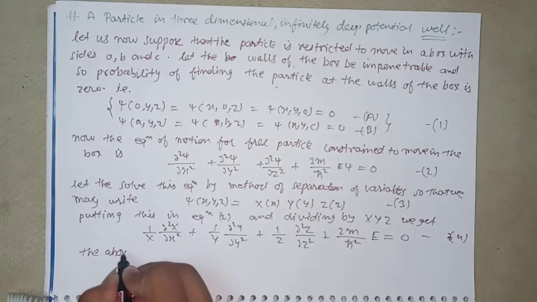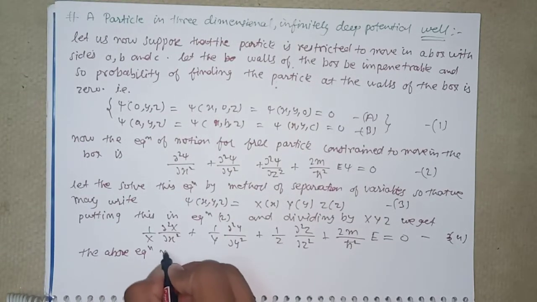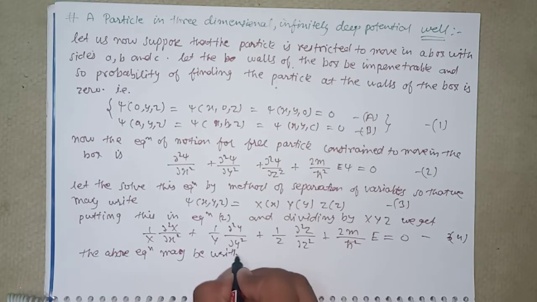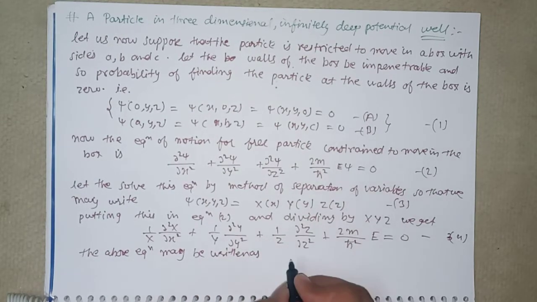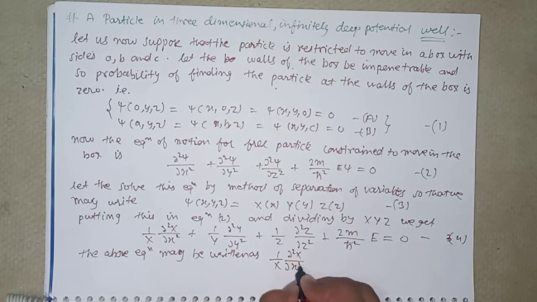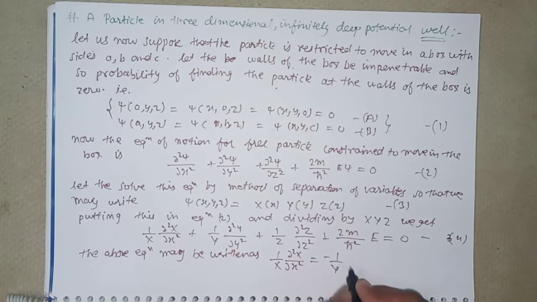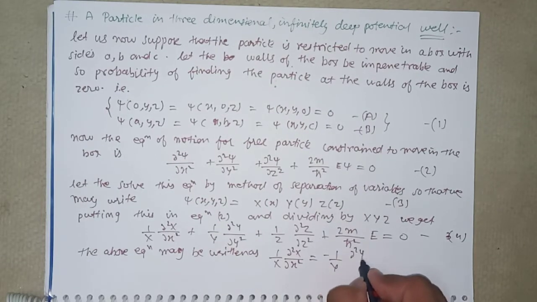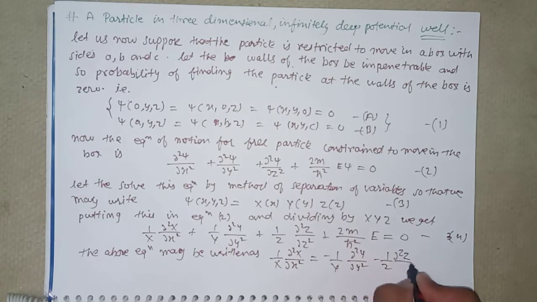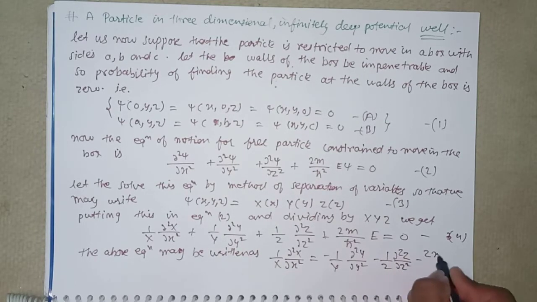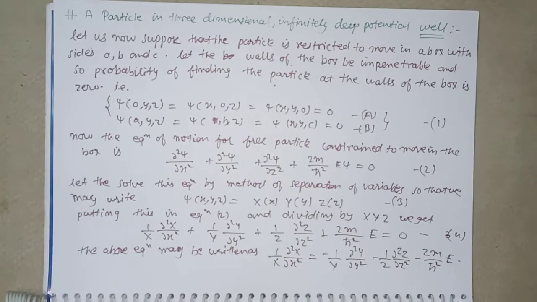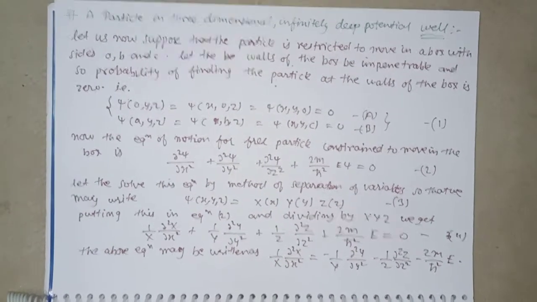The above equation may be written as 1 by x del 2x over del x square is equal to minus 1 upon y del 2y over del y square minus 1 upon z del 2z over del z square minus 2m over h cut square e। तो स्क्रीनशॉट ले लीजिए, फिर पढ़ते हैं आगे।